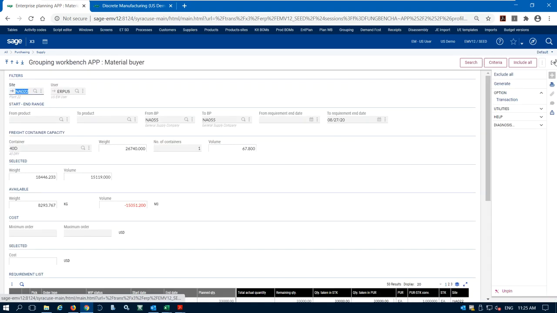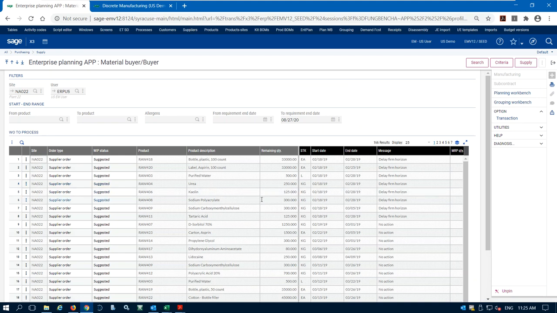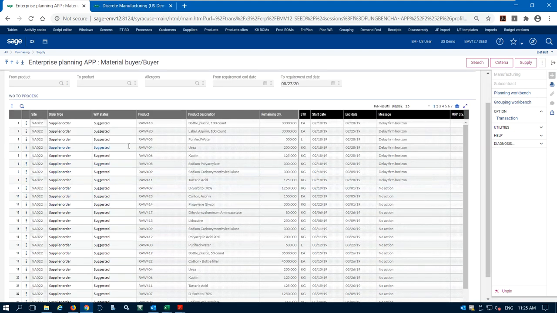So go ahead and close this. Close this and go back to our enterprise planning. So this is how we kind of use our enterprise planning. I don't need to go in the grouping workbench. If I get a purchase order suggestion out there, so we have a purchase order suggestion for 125 kilograms of tartaric acid, I can click on the